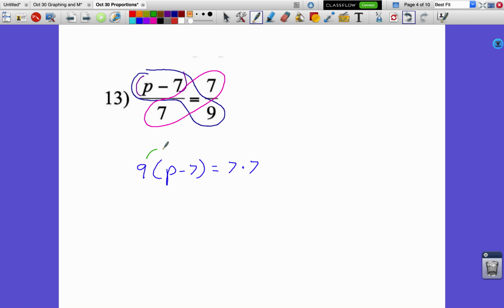Now let's finish solving this. I can distribute in the 9 here. 7 times 7, that can become a 49. So in the next step, this is going to look like 9p minus 63 equals 49. And now we've got a two-step equation. I'll add 63 to both sides. I get 9p equals